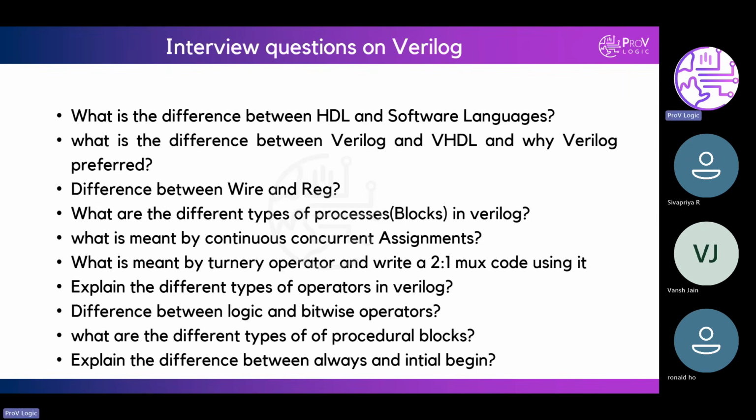Shivpriya, can you answer this? Syntax wise, Verilog is easier and it is similar to C, so it is easier to learn and it is widely used in wireless communications. Okay.